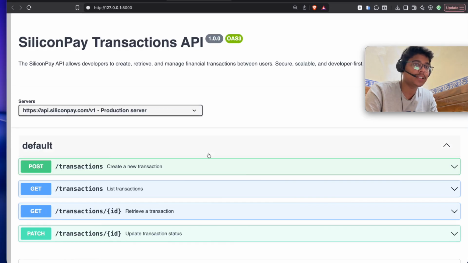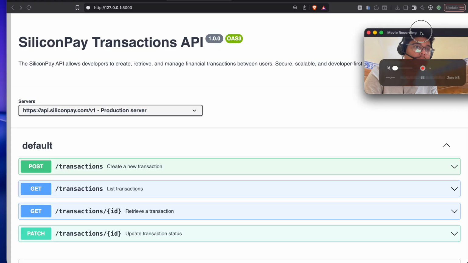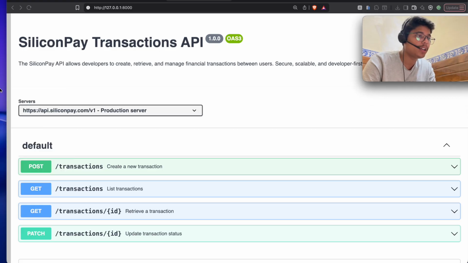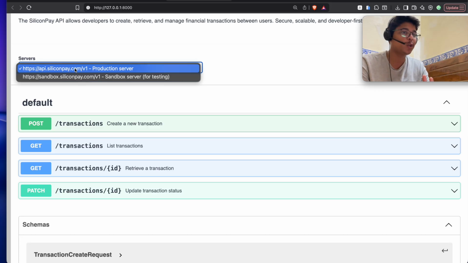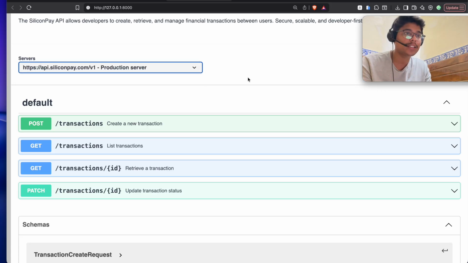So this is our API, looking at it UI-wise. This is our normal info. We have two servers, properly laid out in a good UI that you can share with anyone, even with your managers. They don't want to see the code, because in the backend there's a lot of code, and front-end developers have a lot too.